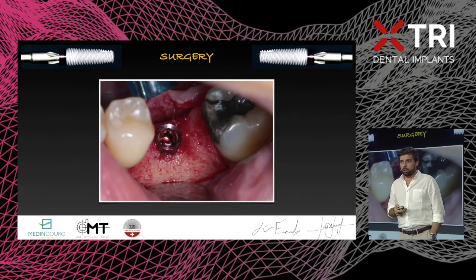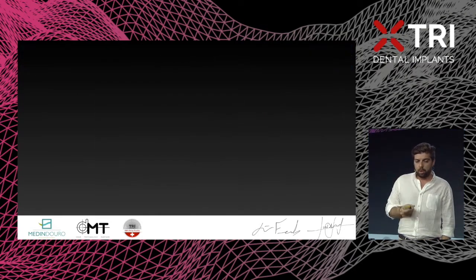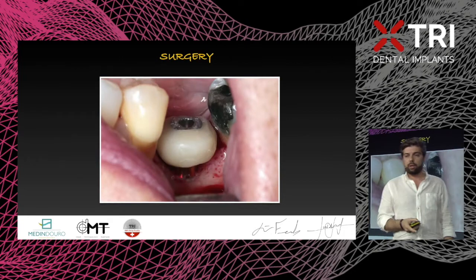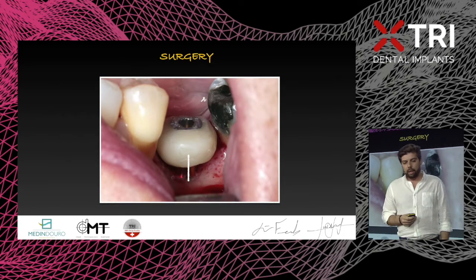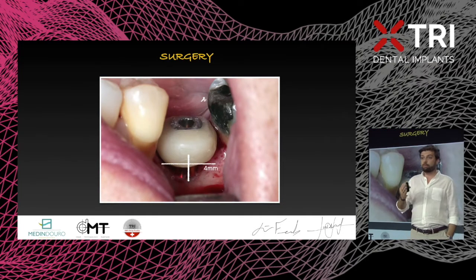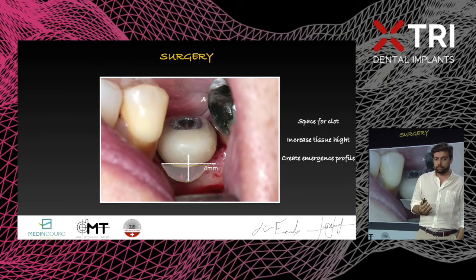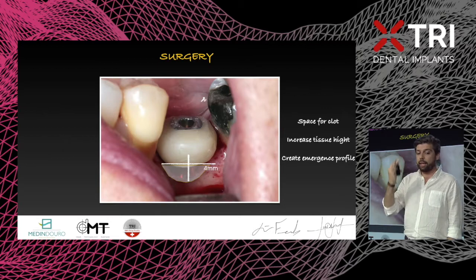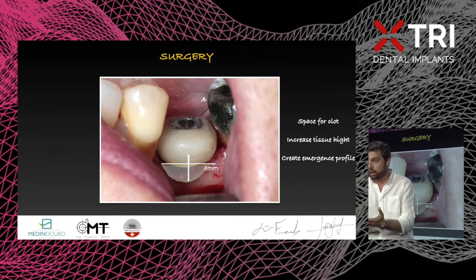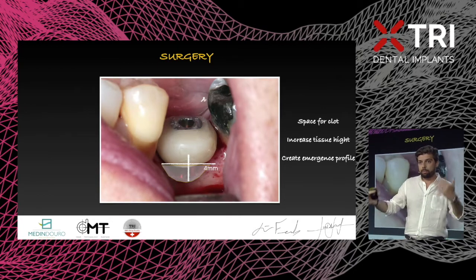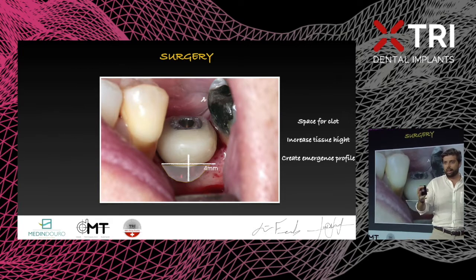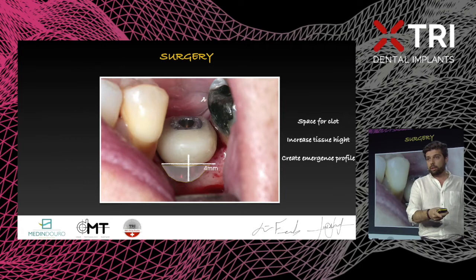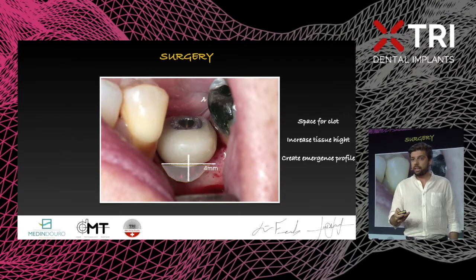Like you can see here on a closer view. What this had up is that after I did this, I was able to gain these more or less 4 millimeters that we've been discussing. So it creates space for clot, then increases tissue height, and then creates an emergence profile, not that flat thing that food can go everywhere and we don't design an emergence profile. And this is done by cutting like 3/4 of what we needed to gain.